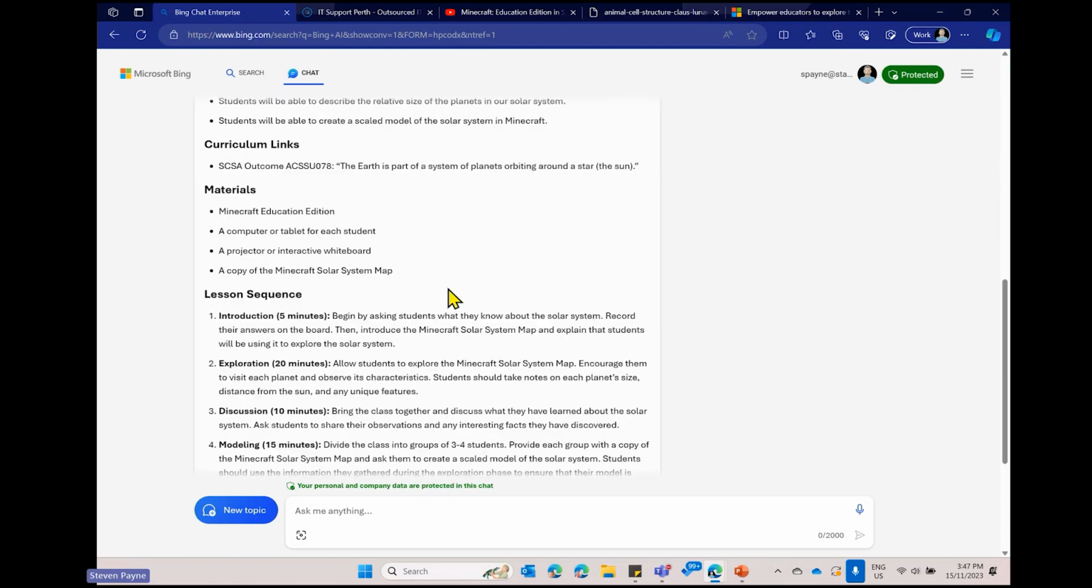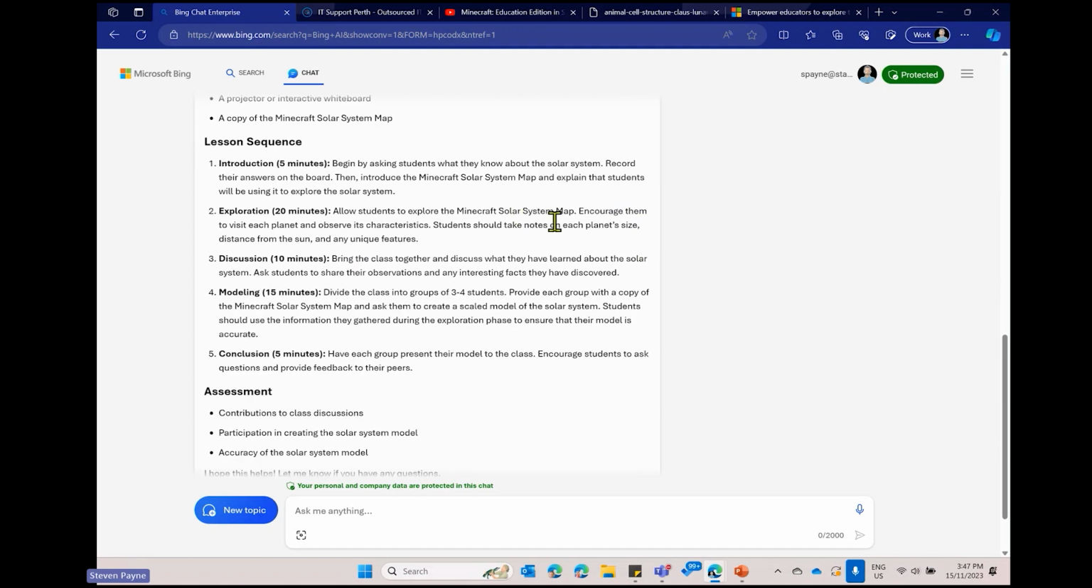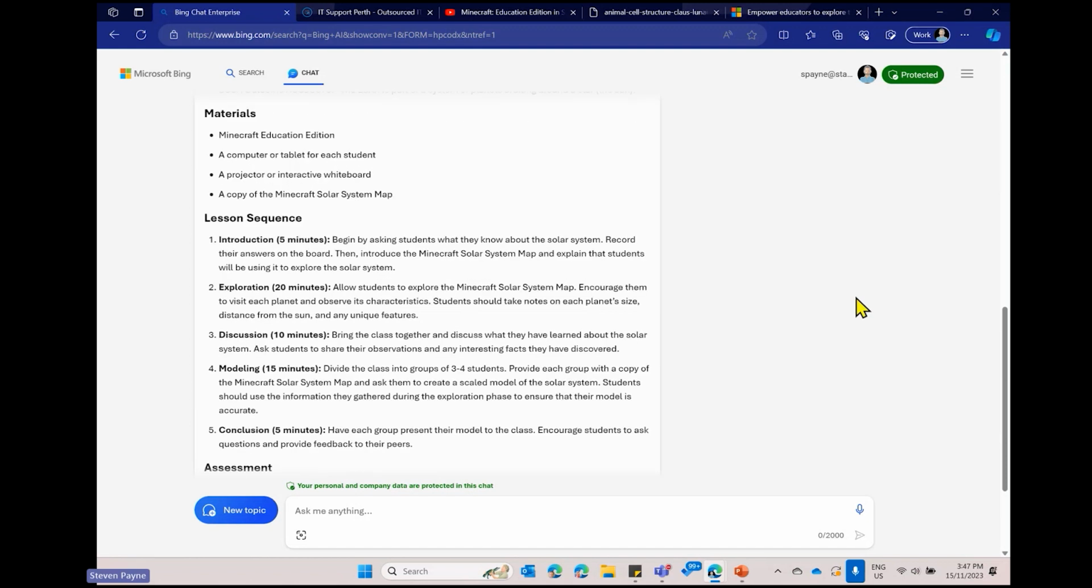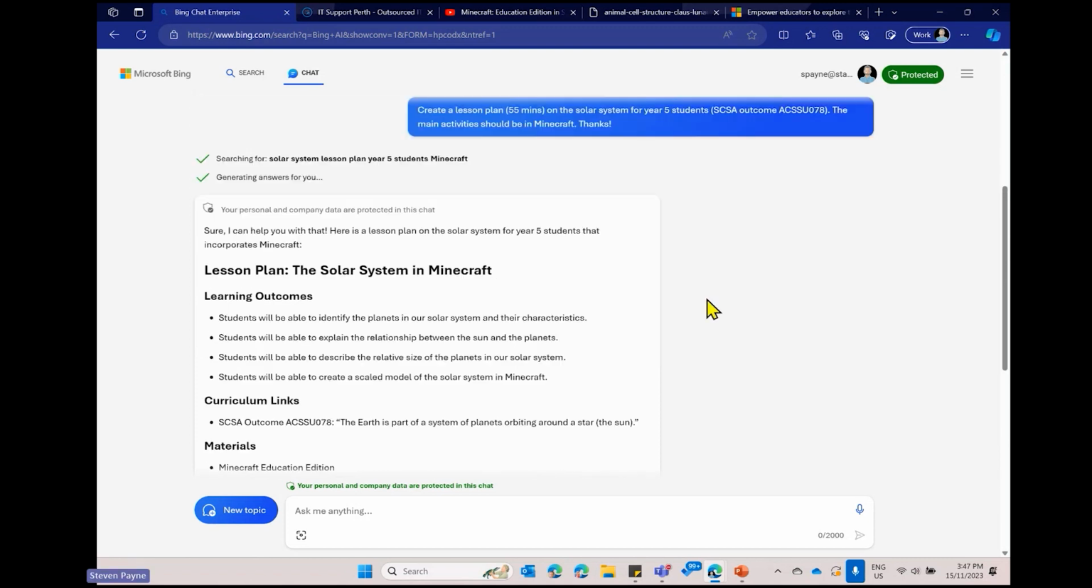So let's have a look. I need Minecraft Education Edition. I'm going to ask students what they know about the solar system. I'm going to look at a map. Then the students are going to work in groups and explore the solar system in Minecraft. What we looked at last week, they were actually building planets in Minecraft. So I could then